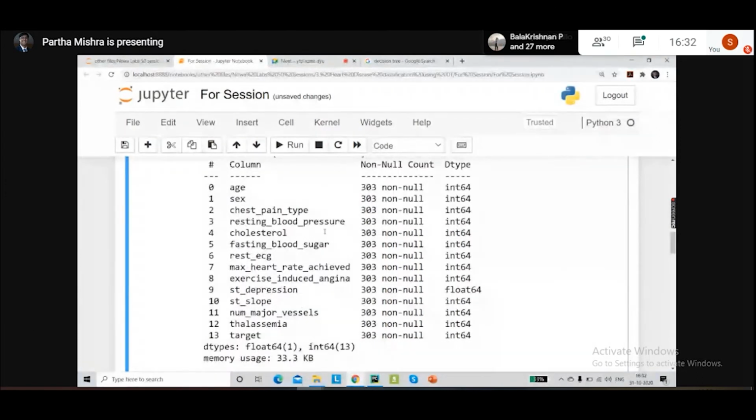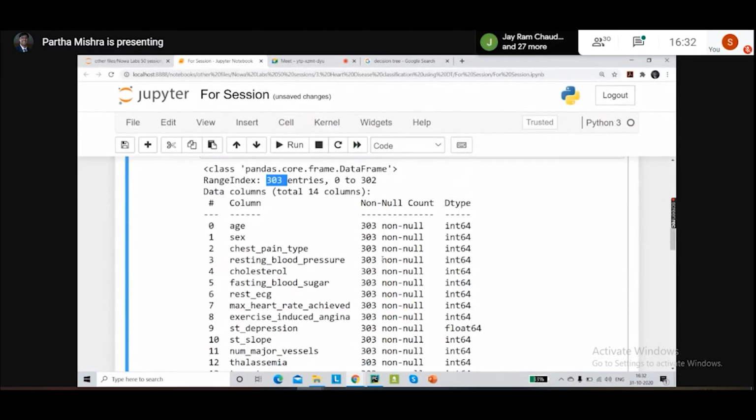None of the columns have any kind of null values. So all of them have 303 non-null values. Here one task has become easy, that is we don't have to worry about doing any kind of data correction, or fill in any missing values. None of the values are missing. The data is complete in every respect.